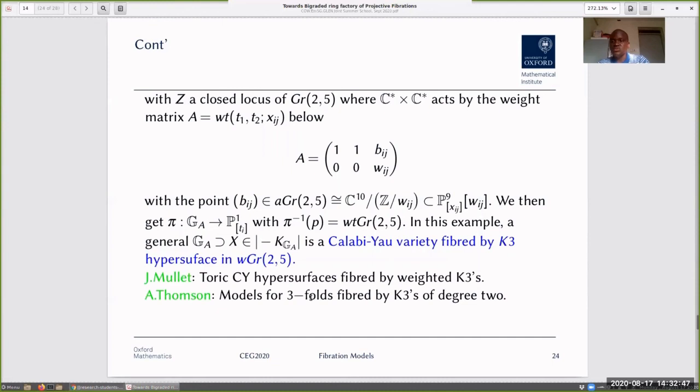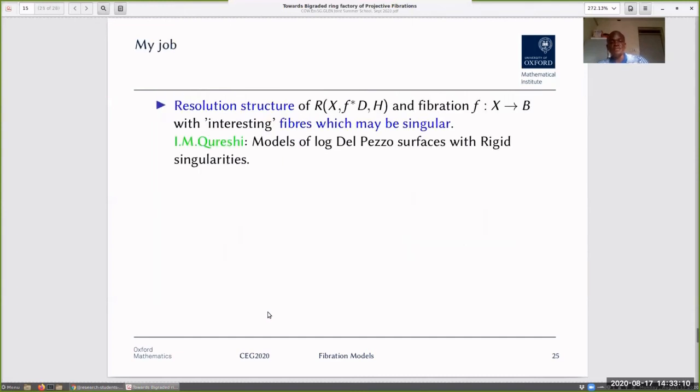A larger class of this kind of object, Calabi-Yau varieties fibered by K3 hypersurfaces, has been studied by Moulet, who studied Calabi-Yau hypersurfaces which are fibered by Calabi-Yau threefolds using toric tools. And a former student of my supervisor, Alan Thompson, also studied models of threefolds which are fibered by degree 2 K3 surfaces. So my job in my research is to understand the resolution structure of